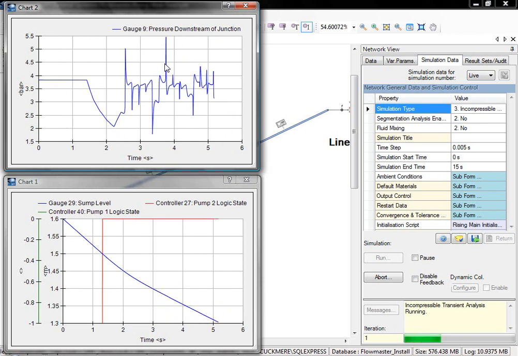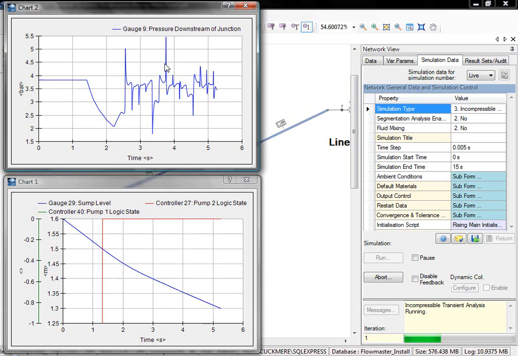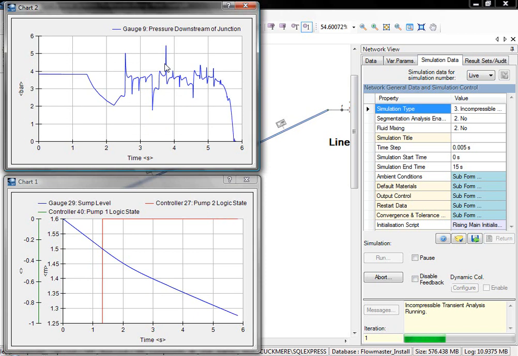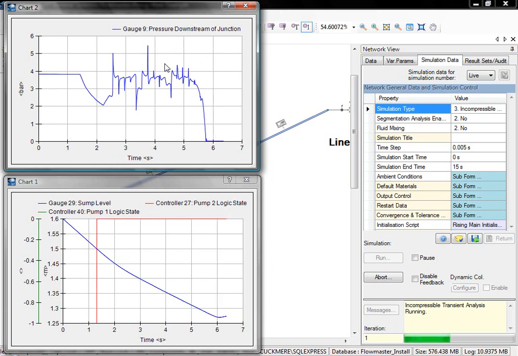So we can see as the valve closes, between 5 and 6 seconds, the pressure will start to drop quite quickly as the momentum of the fluid draws the fluid up the line towards the reservoir. The pressure will drop. We'll now reach the vapour pressure, at which point a cavity will form. After a period of time, that cavity will collapse. We'll then get a high pressure peak